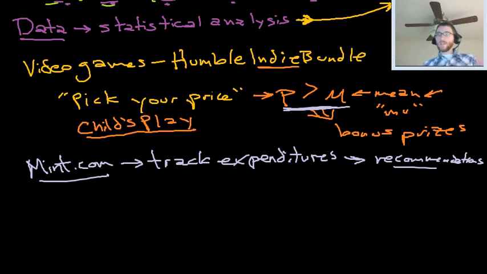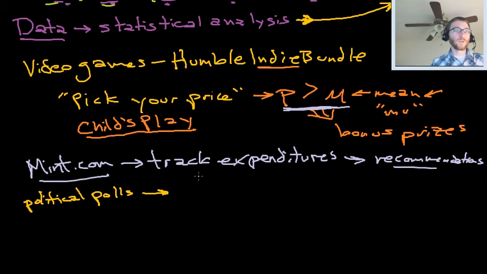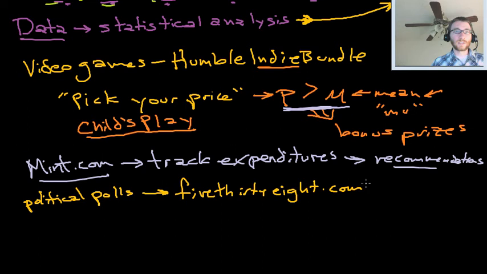Other places, okay, so lots of places. I pay attention to politics, so we've got political polls. Those are huge right now. It's 2012 as I'm recording this, so that's going to date this, but political polls are big. There's a really good site called 538.com that uses statistical analysis to try to analyze elections. Right now it's analyzing the presidential election, but it does it for congressional elections as well.